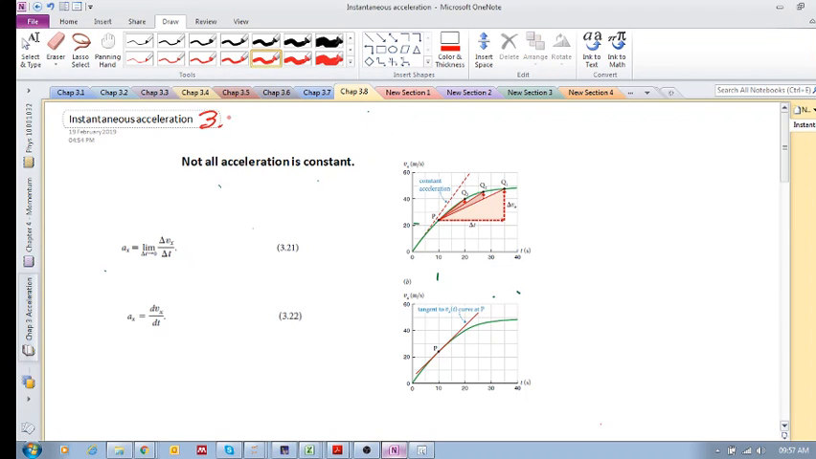Okay, 3.8, instantaneous acceleration. This is very important. The first thing here, guys, is we have dealt with mostly constant acceleration up until now, but not all acceleration is constant. So before, say you had a velocity time graph like this, and this was a straight line,